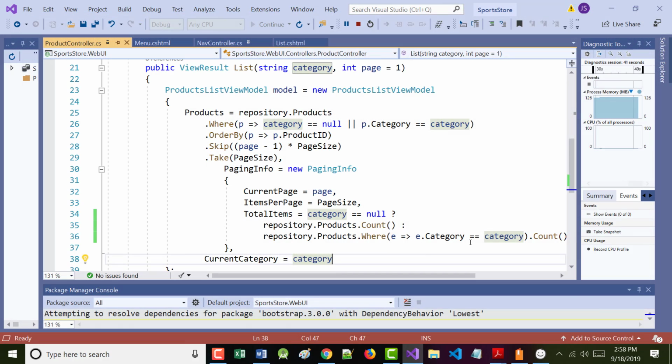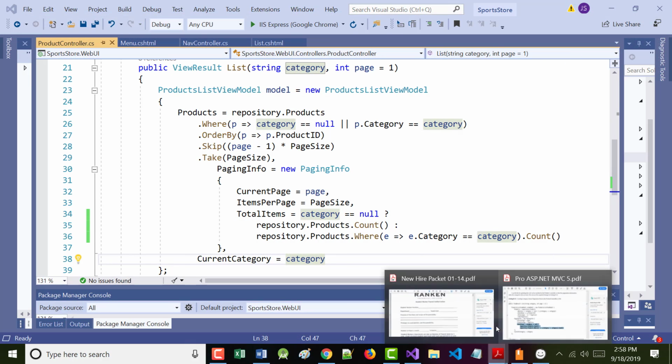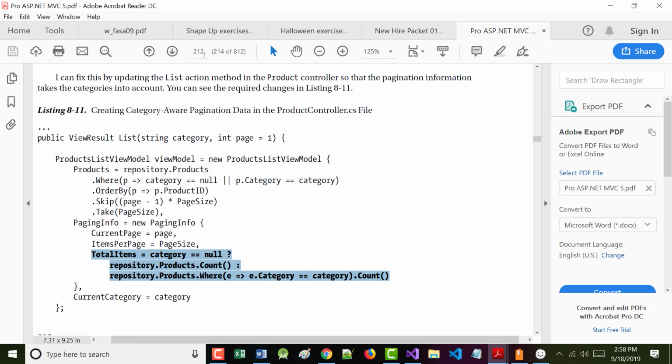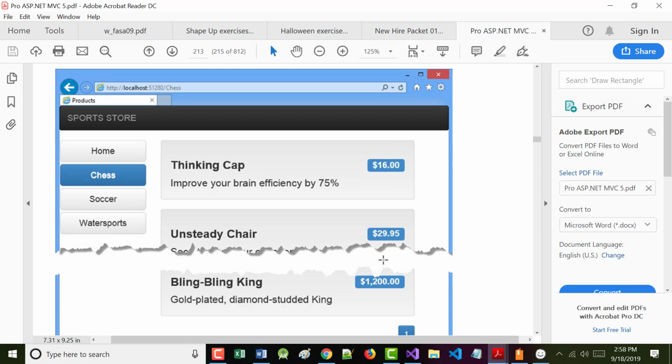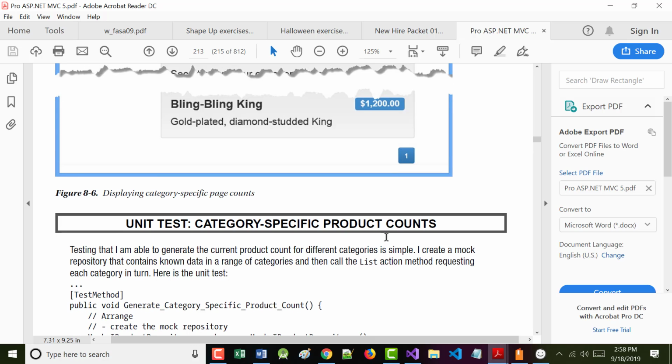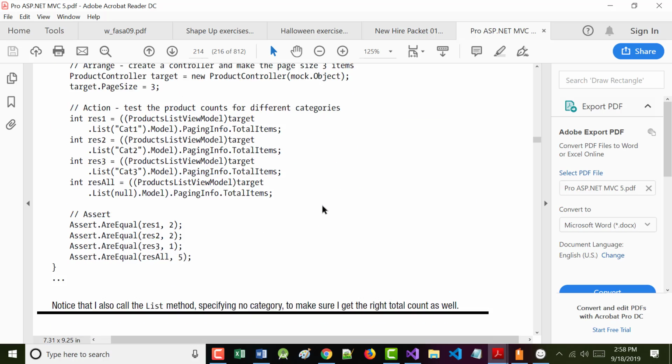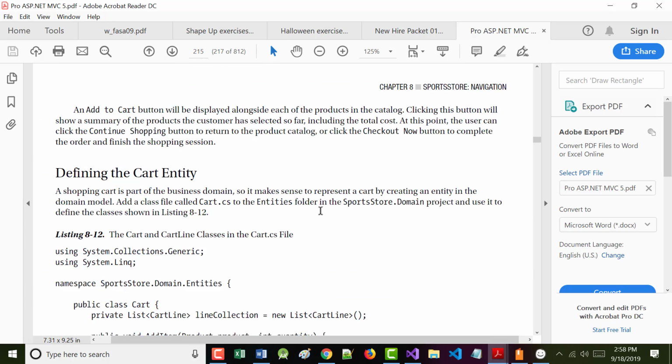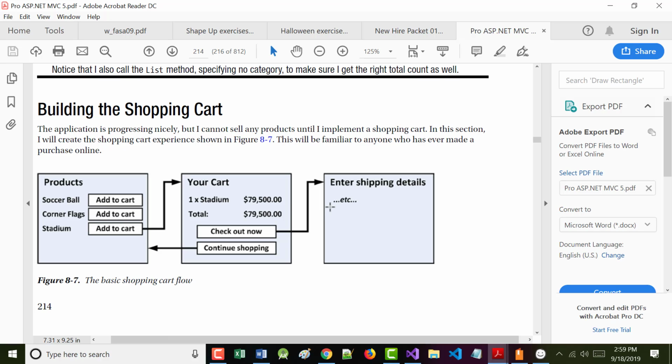So jumping down to the bottom of page 213, another unit test down on the bottom of page 213, and it takes up most of page 214. Here's where it all starts to happen now. In the last 10 pages of the chapter, we build the shopping cart. By the end of this, when you click that you want to buy an item, you should be able to put it in your shopping cart.